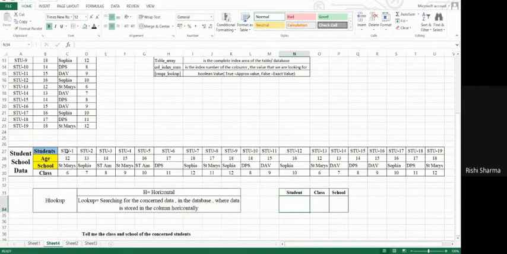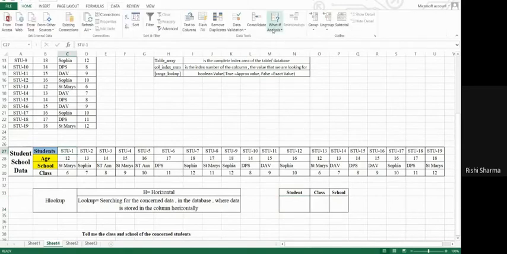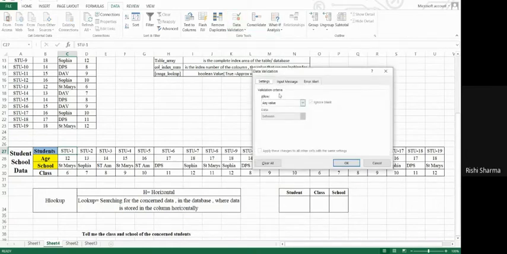So I will go to Data, then Data Validation. Where is it? Here it is. I will go to Settings, in the Allow section I will choose List, and then for the source I will select all the students up to 19 and click OK.